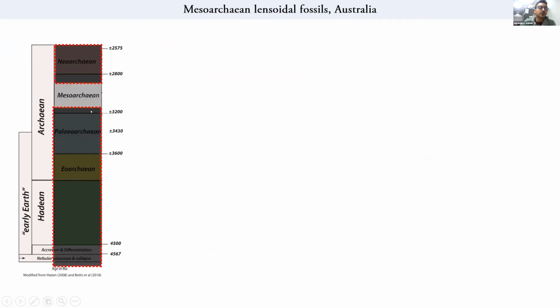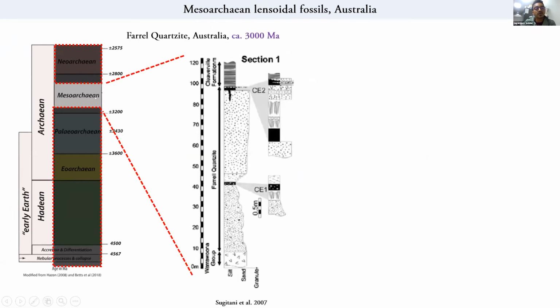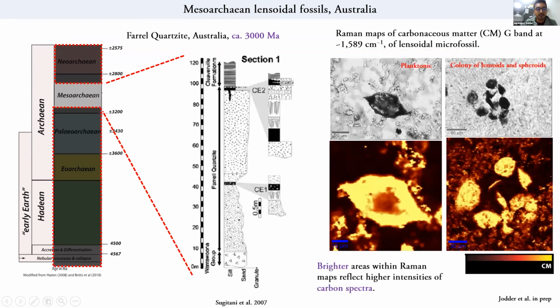Now moving from the Paleoarchean window into the Mesoarchean, what do we have in terms of the catalogue of life that we preserve from the Ferral quartzite unit? This is one fossiliferous unit from the Mesoarchean window of Western Australia. Here you see the Ferral quartzite stratigraphic column from the oldest to the youngest. And if you want to investigate some of the chert units which are black in nature, you would see this kind of fossils.